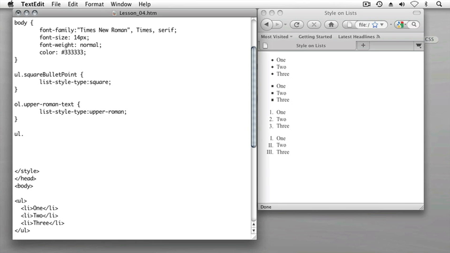Type the period key, because we're defining a class, and then type the name arrow-bullet-points, and then an open curly bracket and a closing curly bracket. Again, this class name can be anything, which I'm highlighting in blue, but it's always a good idea to pick a class name that represents the effect that you're applying with that class. I'll then position my mouse within the curly brackets, hit the tab key once, and instead of list-style-type, I'll type the property list-style-